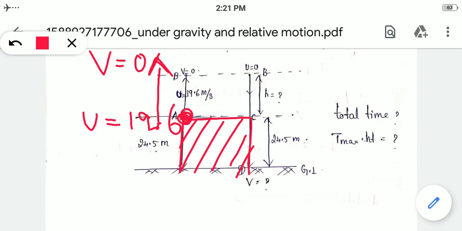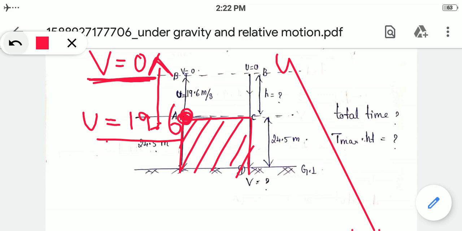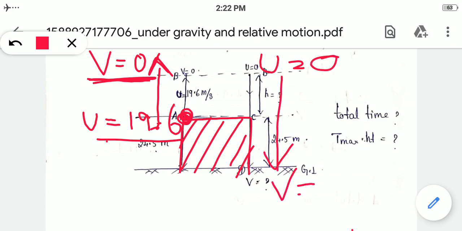That is the normal principle. If the velocity is there, it will go further vertically up. When the velocity becomes 0, at that time it will return back to the ground. So your initial velocity is equal to 19.6 and your final velocity will be 0. Then there is a second type of motion. From the top it has to reach the ground. So when it is returning back, your initial velocity will be equal to 0 and the final velocity you have to calculate, what is the final velocity when it reaches the ground.